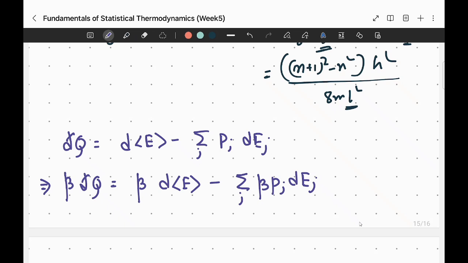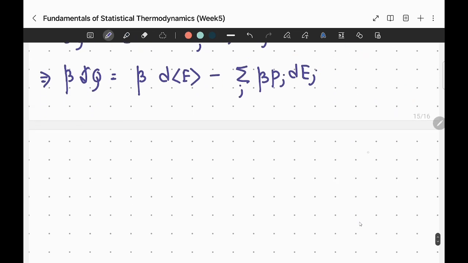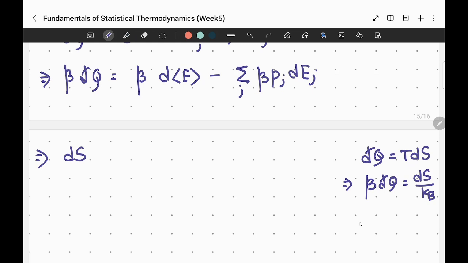Is it clear? Now from thermodynamics, what you know is T dS, then beta d̶Q will be dS by k_B. So you can write it here. So it is actually dS by k_B equals to,